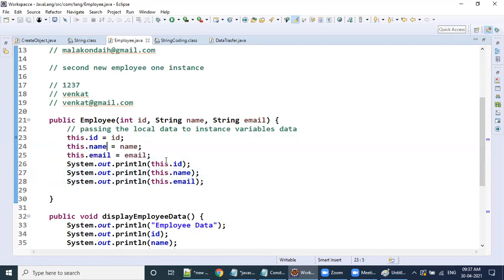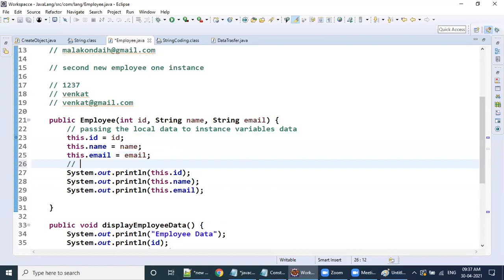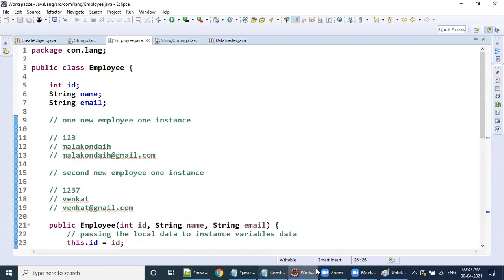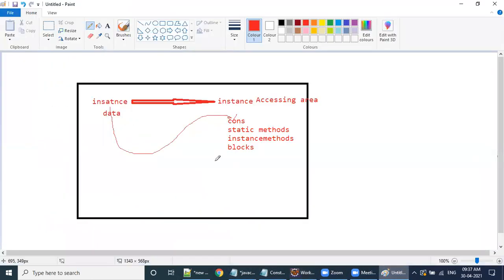That is direct access. Why? Because this object is part of this one. Instance data is object related, and the constructor is one of the parts of object creation. That's why it is direct access. Both are instance.